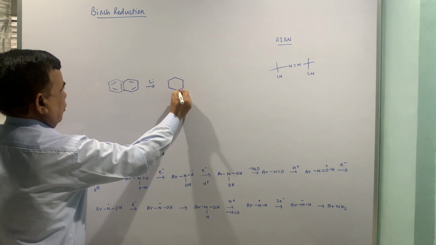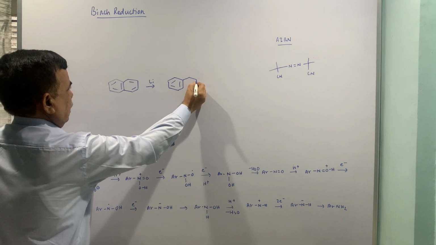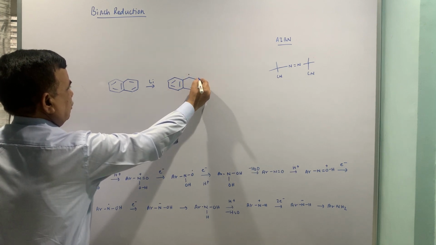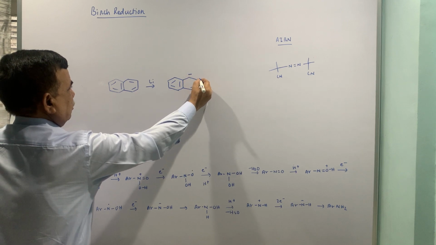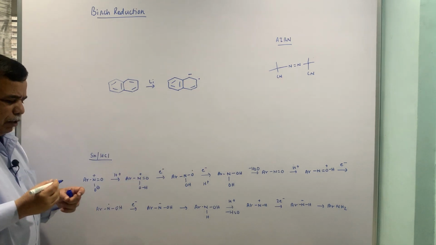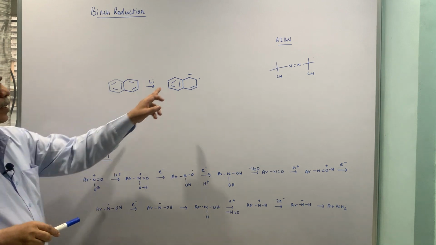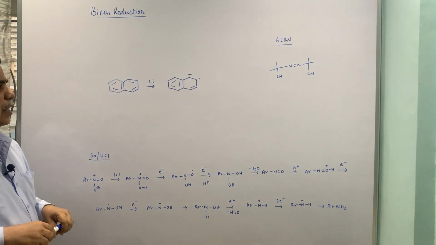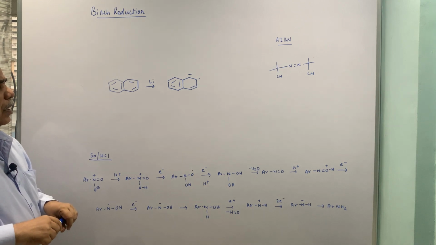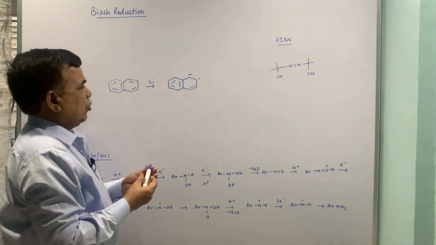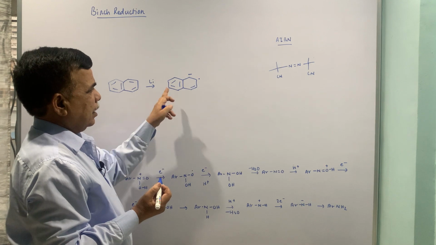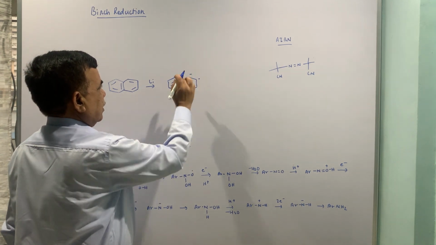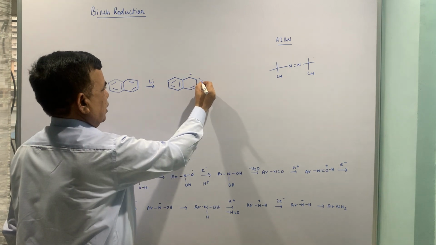In this kind of example, there will be two situations: radical here, negative charge here, or vice versa. Now, I am putting the negative charge here because there is an electron pull in terms of the benzene ring. So this will be a stable situation.